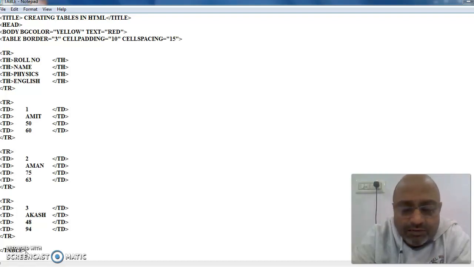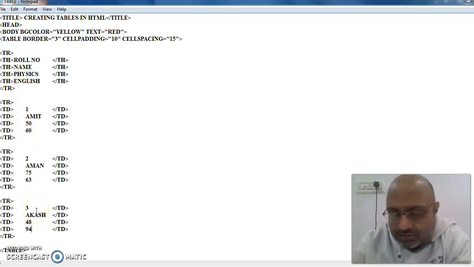So, very first thing, if you notice, from the last video, I had created only 2 rows in the table, apart from the table headings, but I have added one more row here, so that it is easier for us to understand the examples in a better way. Now, what we are going to do today is about border color and the background color of the table.